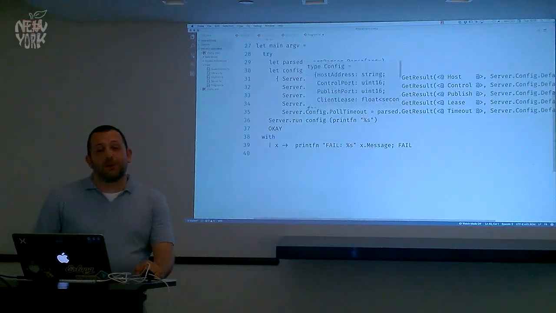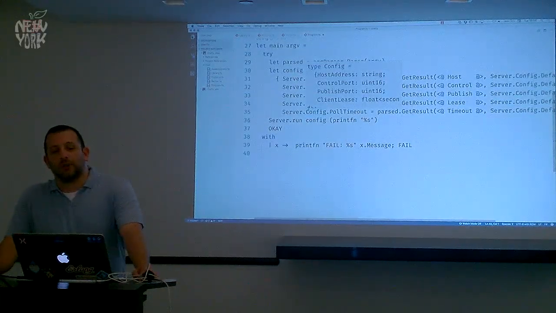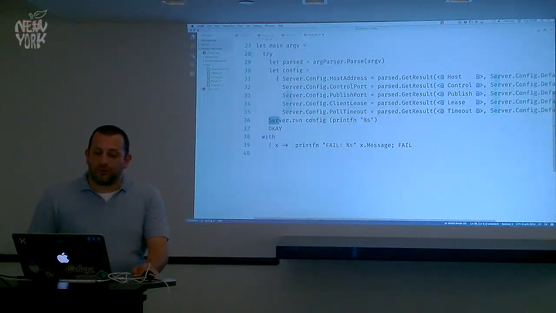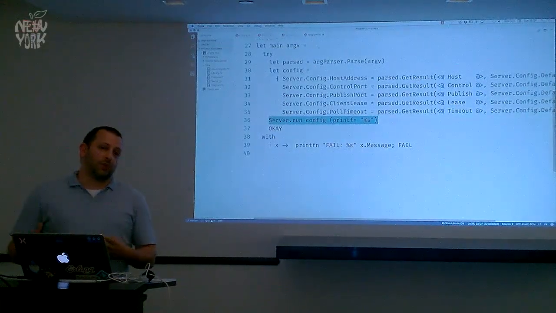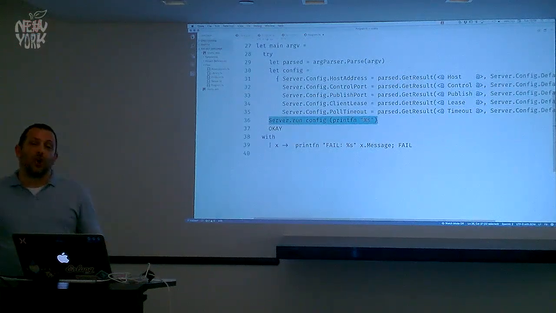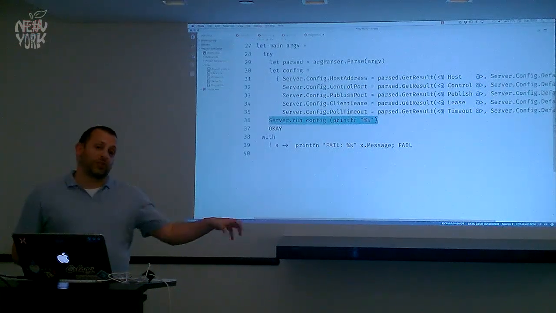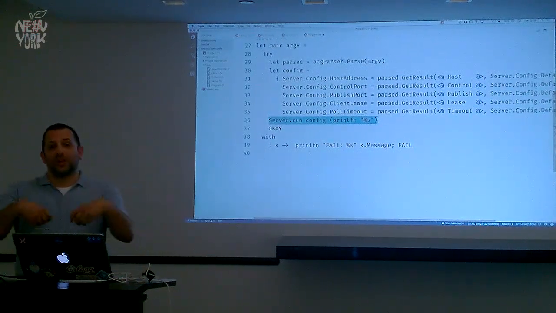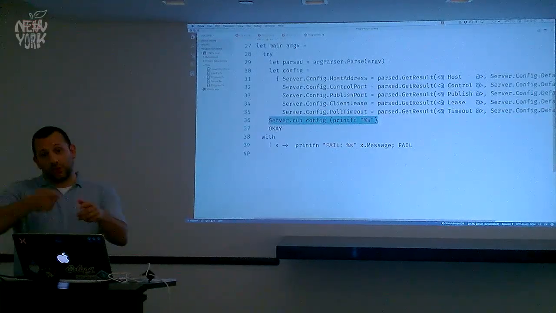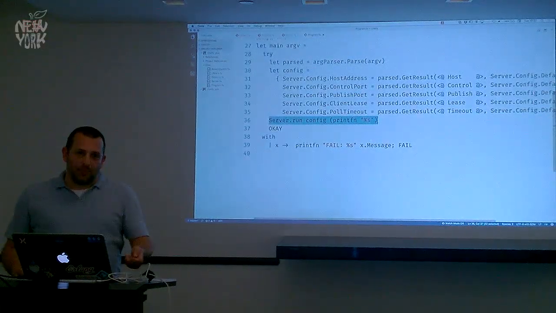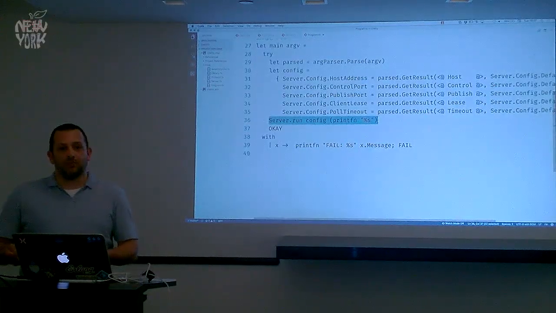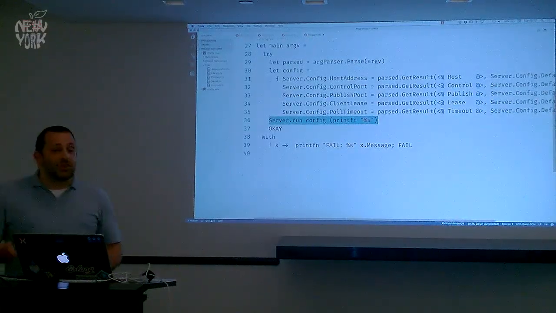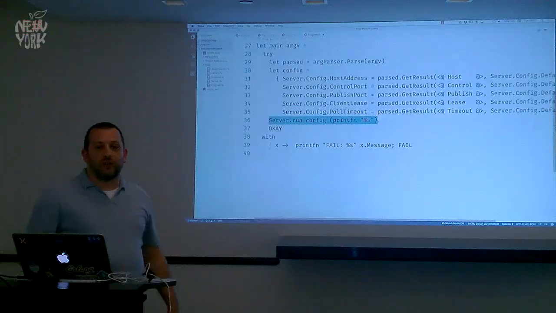Interestingly, this is the simplest possible version of this. A more complex version would actually spawn the server via async, a background thread, and then what you would do is you would create a cancellation token source, hook that up to the Control-C, the cancel key press event, and use that event to cancel the token source, and then you would get a clean shutdown. You still need to trap because under the covers, async, and in fact all threading in .NET, actually aborts by throwing exceptions. So you still need to trap, but you would get a clean shutdown there.